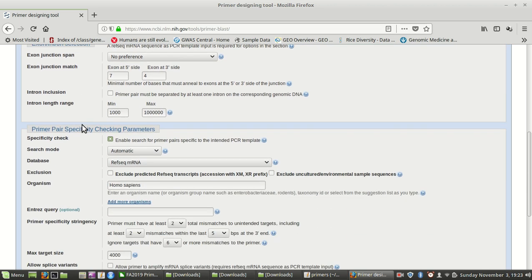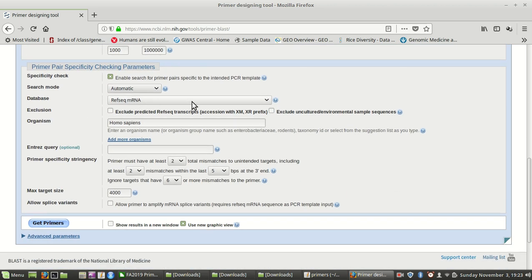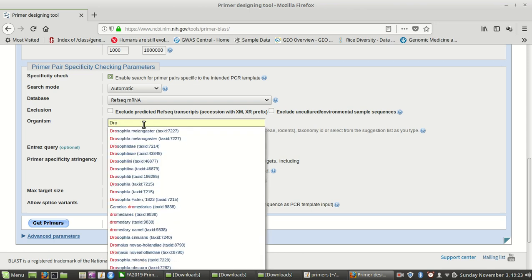Now down here, it's got RefSeq mRNA. That's probably the best thing. You could switch this to genomic DNA, but it gives you a much larger result, and it's harder to use. Just use the mRNA. I think that's the easiest. What you do have to change, though, is you have to change from Homo sapiens, of course, to Drosophila. So use the correct one,